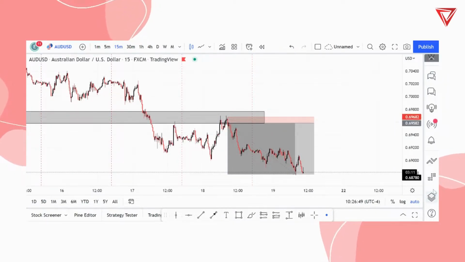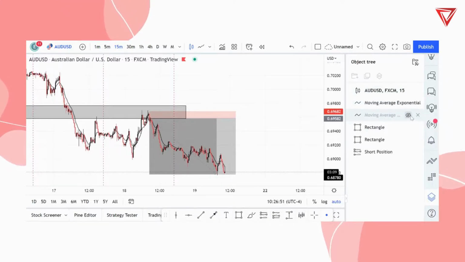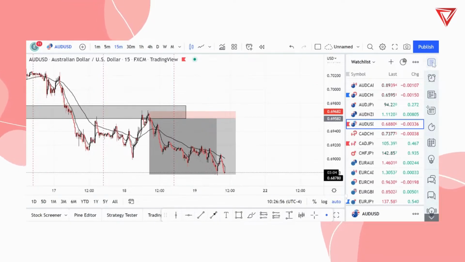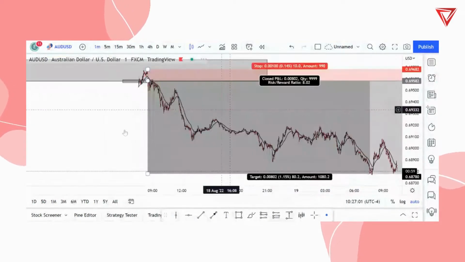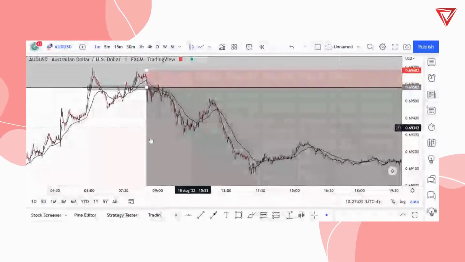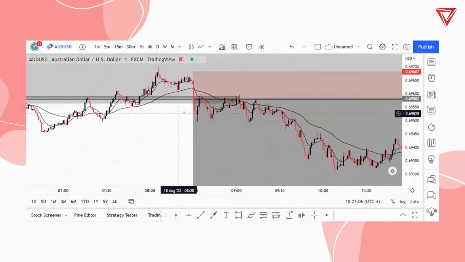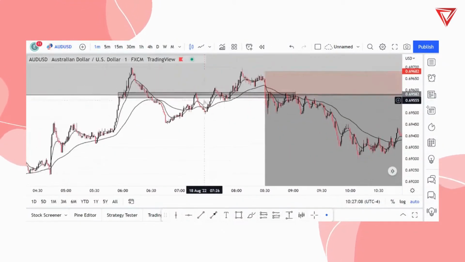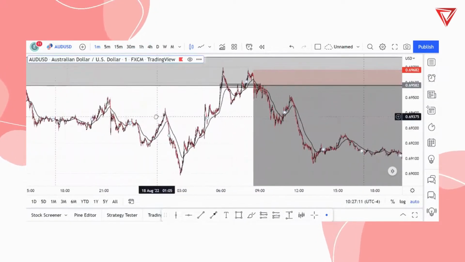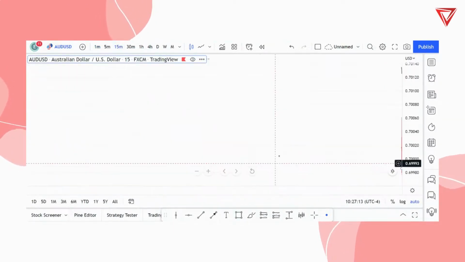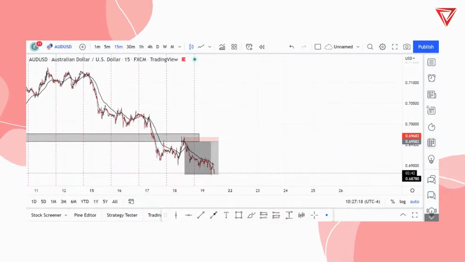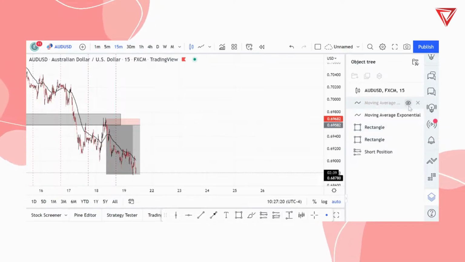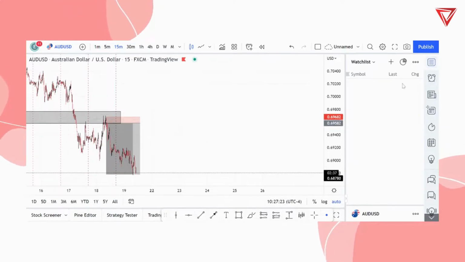With the student, I even showcased the best way to utilize an entry on this pair, and that was using the ECR, which is my signature setup for entries. And you go down only 1 minute, and there you go, right? It happens beautifully. ECR right after the liquidity grab, beautifully done. It never gave us any drawdown basically. And AUD USD would be at present floating at about 80 pips or so. That's good. So we could take the EMAs back off now, just to keep the chart clean, right?